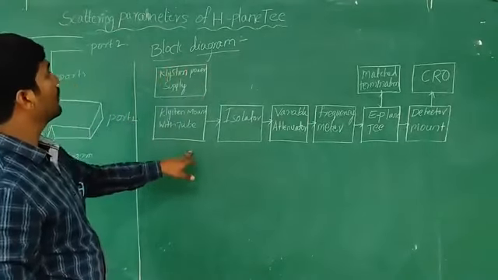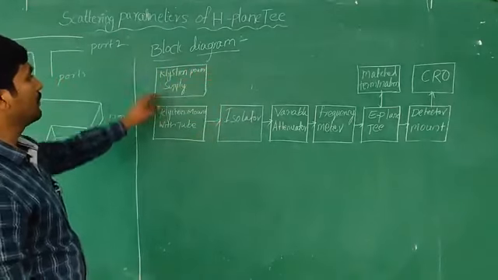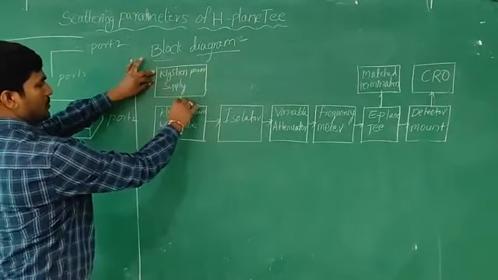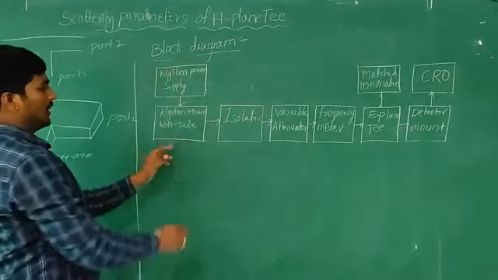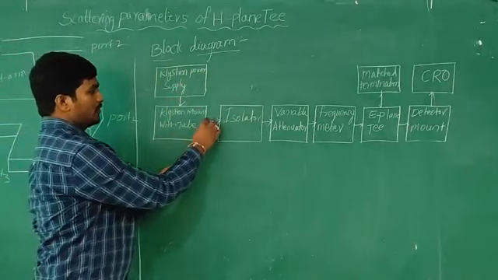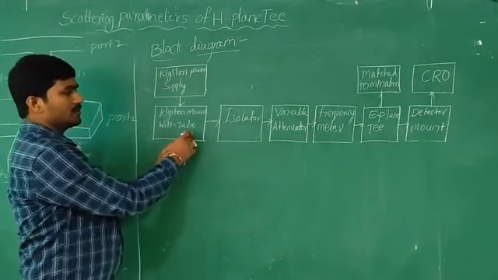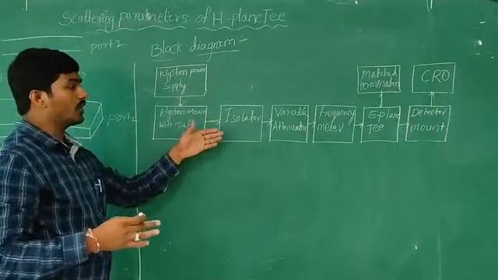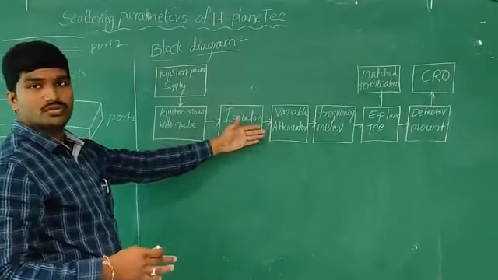This is the block diagram of H plane T. First, we apply the Klystron power supply to the Klystron mount with tube. Here the microwave will be generated. The Klystron mount is followed by the isolator. The isolator transmits the power in only one direction. It does not allow it to go back.